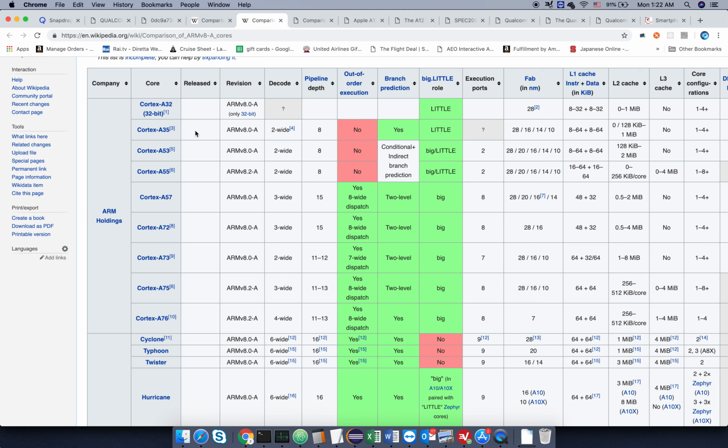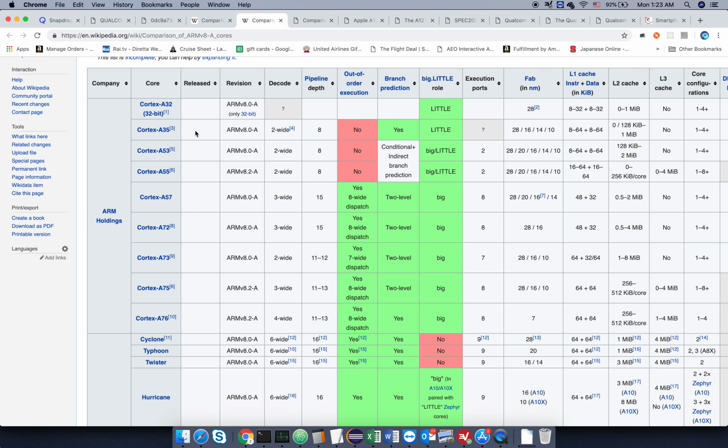They don't have the technical ability to do it. And then the ones that license the cores and modify them is, for example, Qualcomm being the most significant player here. And I think Samsung does it too.